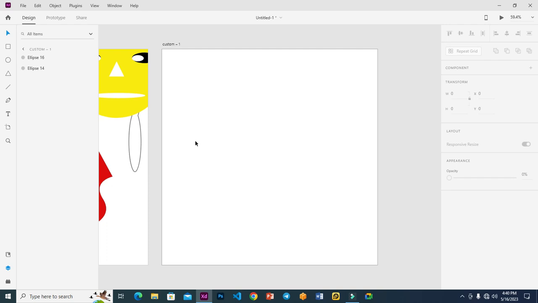Okay, so I want to apply some text onto the screen, and the shortcut for the text tool is what? T. So when I type T on the keyboard, it should select, or I can just click on the T here, and then it will be selected for me. Now there are two ways we can use to create our text. We can either draw a text box